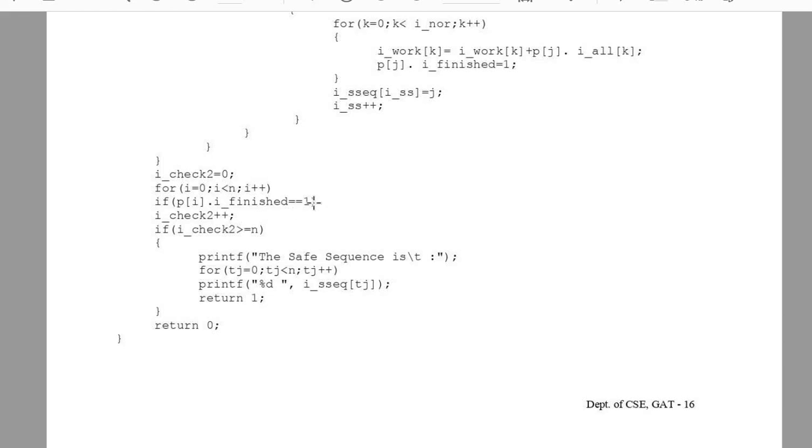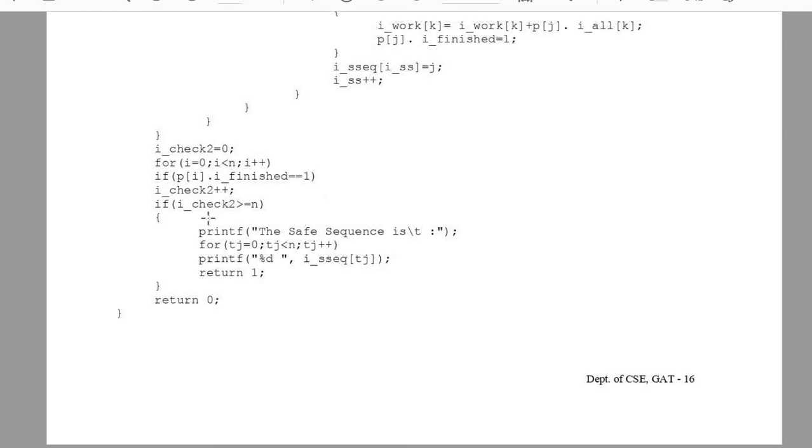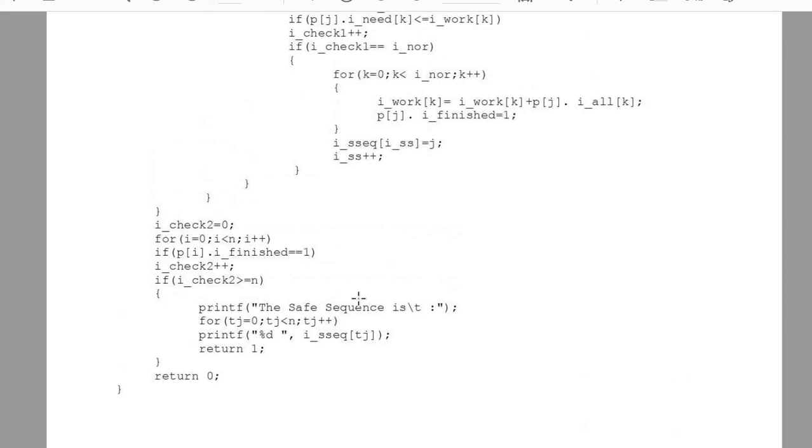If the process has finished, then the check variable will be increased by 1. And finally, if the check variable is greater than or equal to the number of processes, that means execution has completed. So we print the safe sequence here, and finally we return the value 1. If it is not a safe sequence, it will return the value 0.